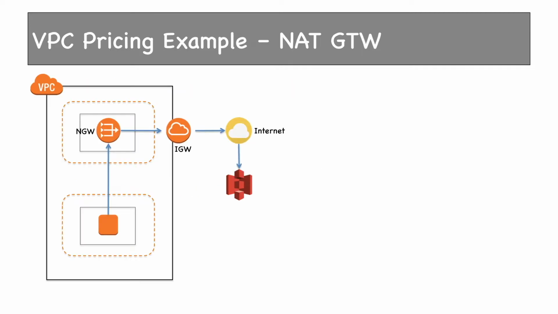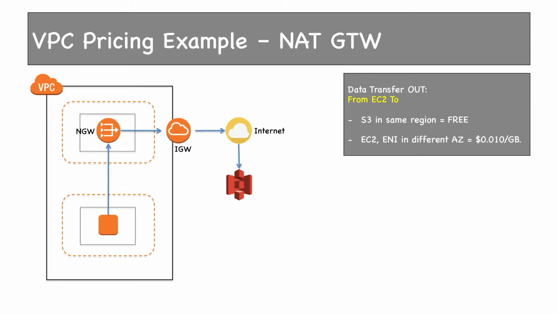Let's see an example of NAT gateway pricing. This is your setup. Suppose you have created a NAT gateway and you have an EC2 instance routing to the internet through NAT gateway. Your EC2 instance sends a 20 GB file to one or more S3 buckets over a month, which has 30 days. The EC2 instance, NAT gateway and bucket are in the same North Virginia region. And the NAT gateway and EC2 instance are in different AZs.